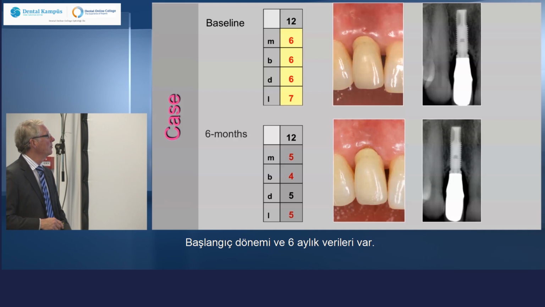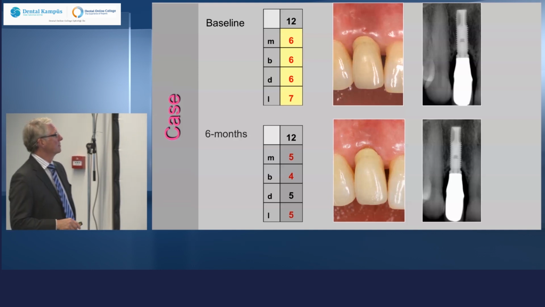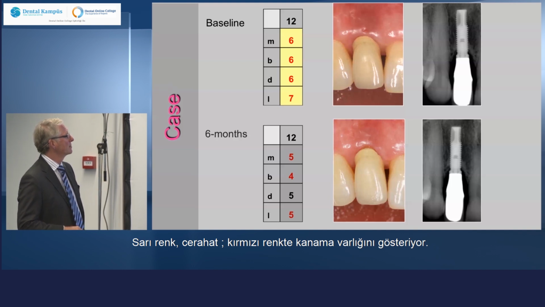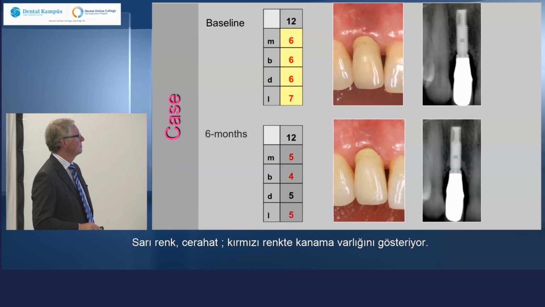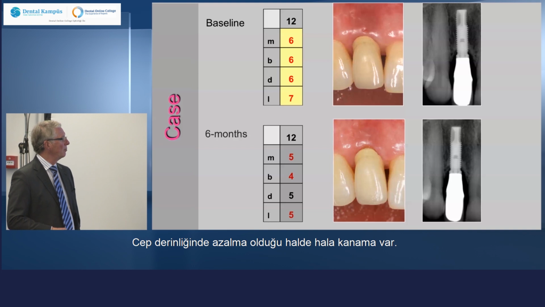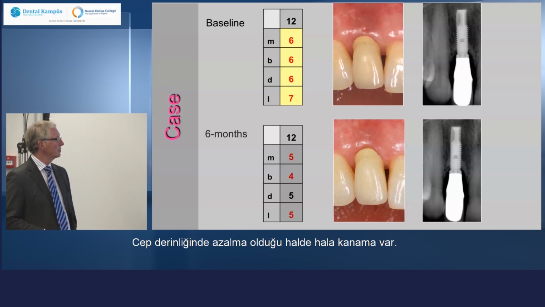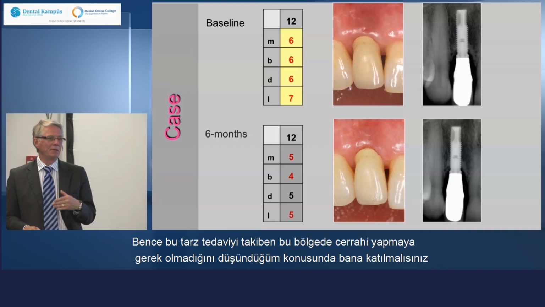And in this one, you have a baseline and 6 months data. So we had yellow here means that it's pus. 6 in the figures in red means that it's bleeding. So we still have some bleeding, although we have a pocket reduction. But I think also you have to agree with me that